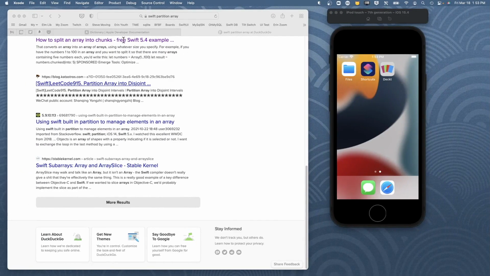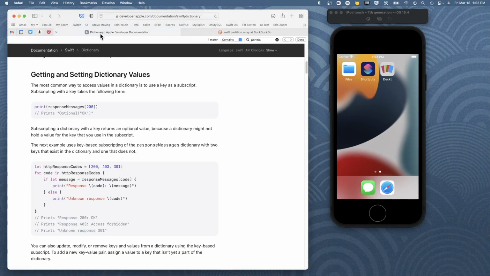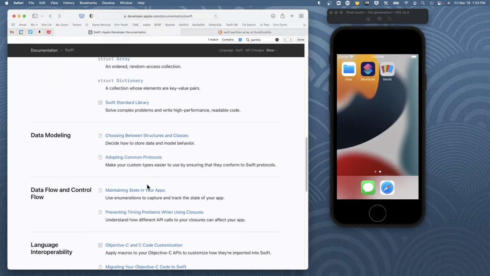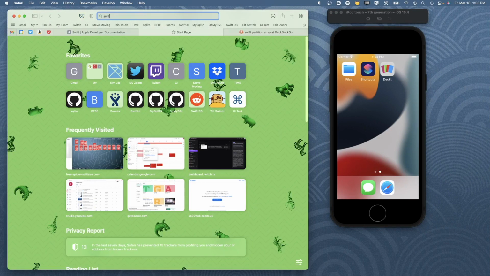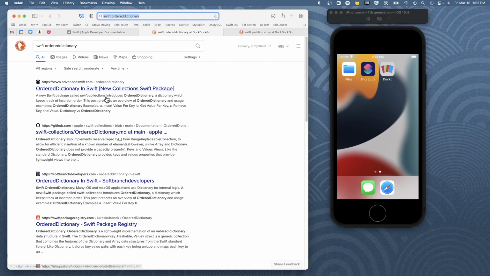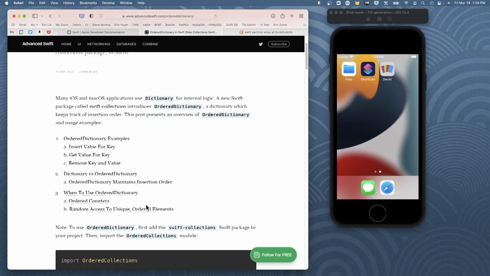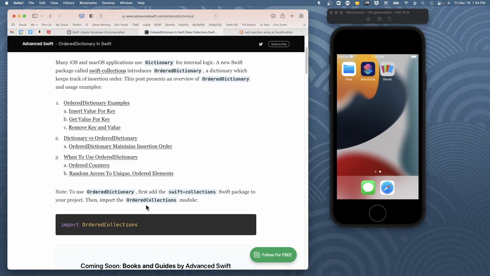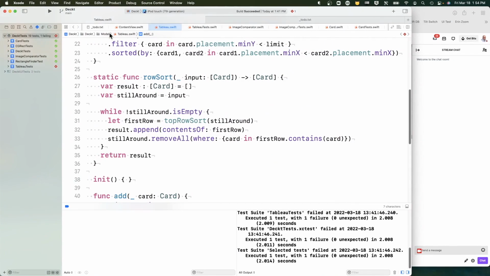So I know there's an ordered dictionary out there. Let's look at that thing. Probably in here. Nope. Keeps track of insertion order. I don't care about that. Okay. So